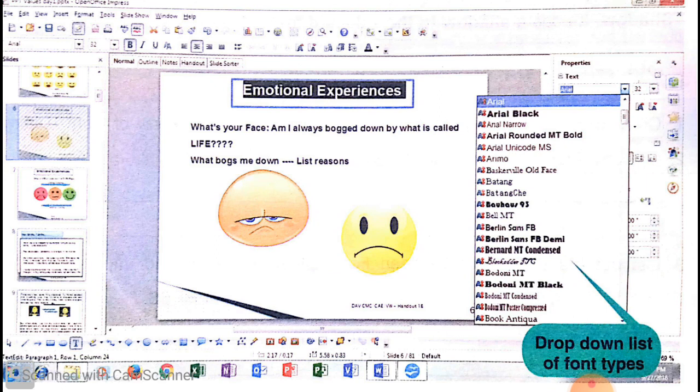When we click on the font type, a drop down list will open, and from the font size we can change the size of the font as you wish to apply.